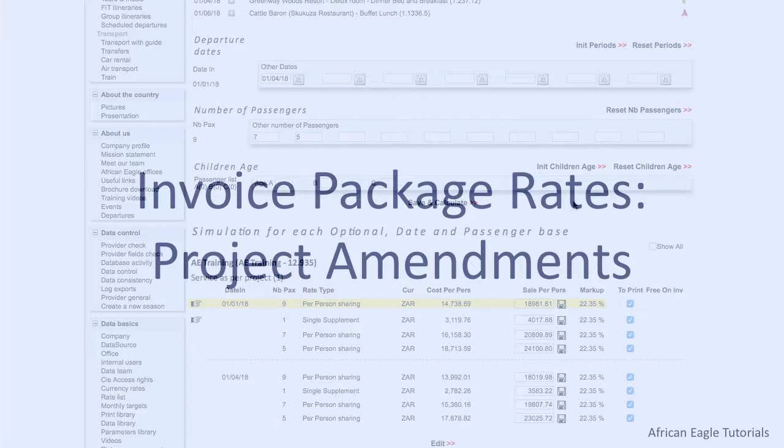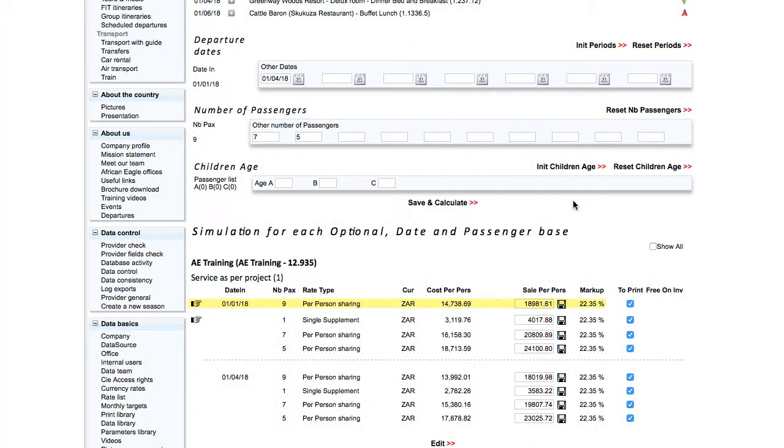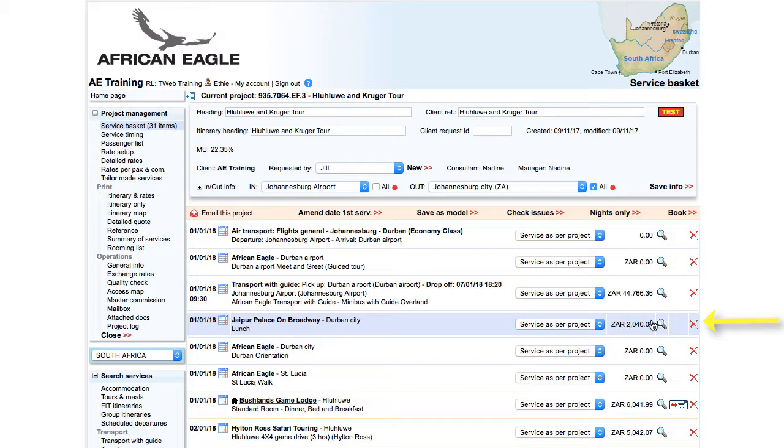When amendments are made to a project, the rates for the main period and pack spaces are automatically updated. For example, note the current rates of 18,981, 20,809, 24,100, 18,019, 19,807, and 23,025. If now a change is made, such as a service being deleted,